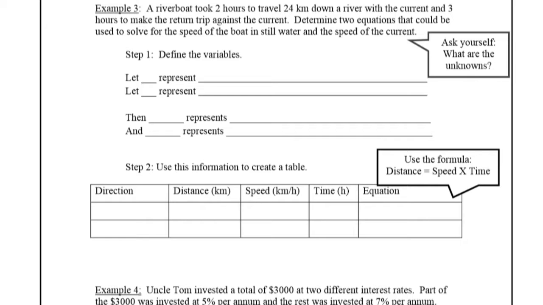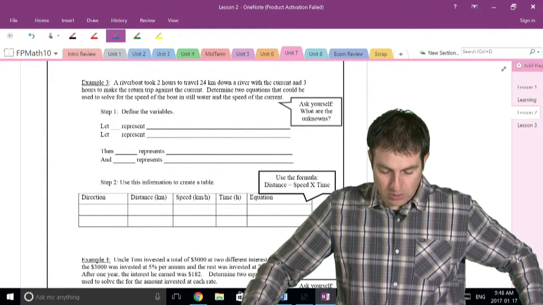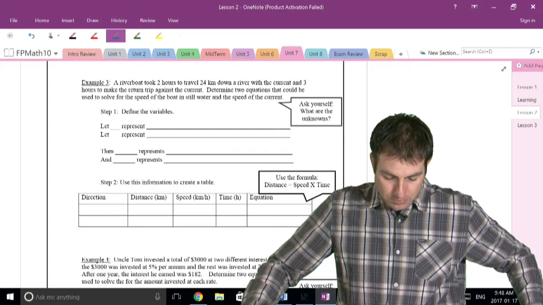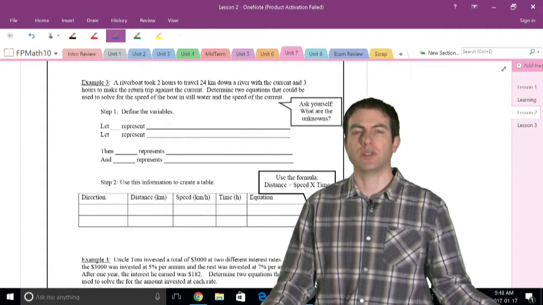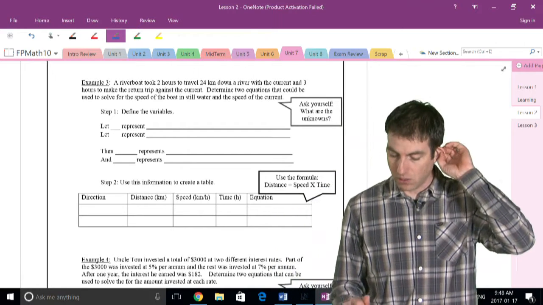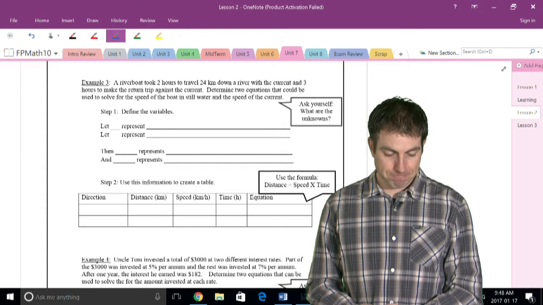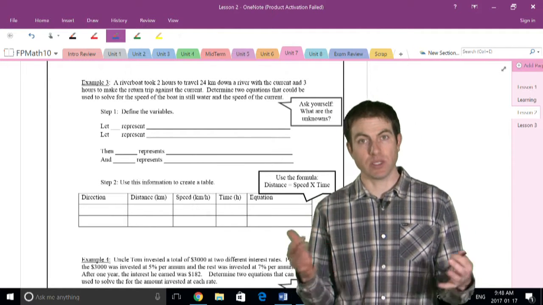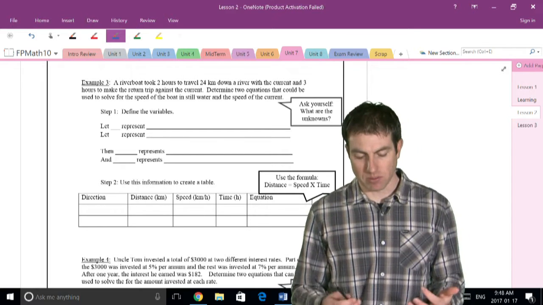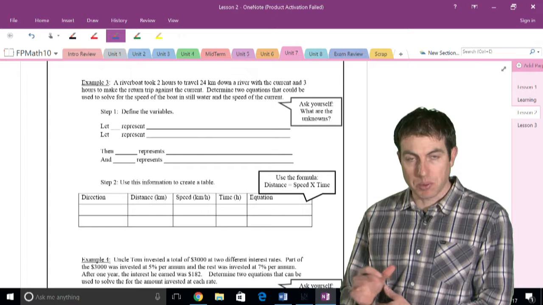So first thing we need to do is figure out what are the unknowns, and then once we do that, we can figure out some variables that we're interested in, and then we can come up with some equations. And once we've got two equations, we can solve the equations to figure out some information. So we want to come up with a system of equations that represents the information in the question. That's kind of the point of this. Notice we're not even solving the system. We just want to come up with a system that